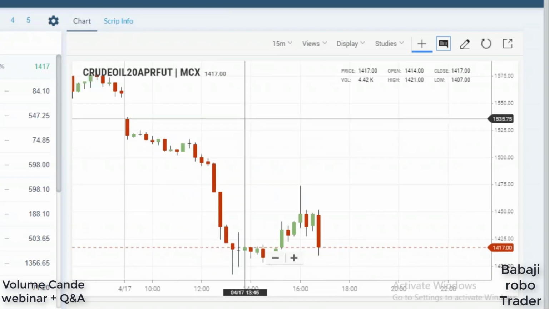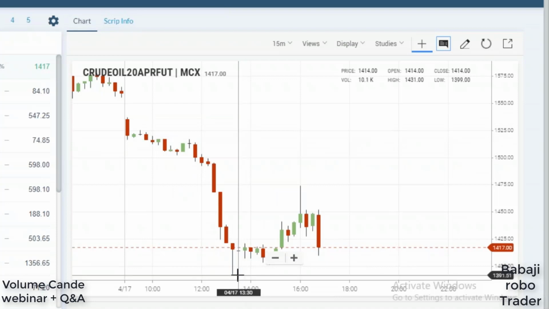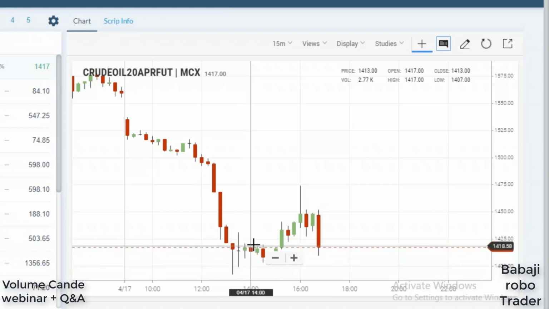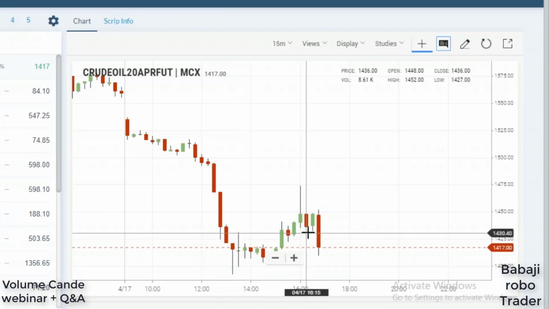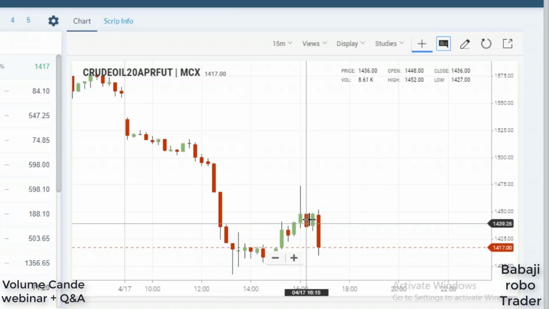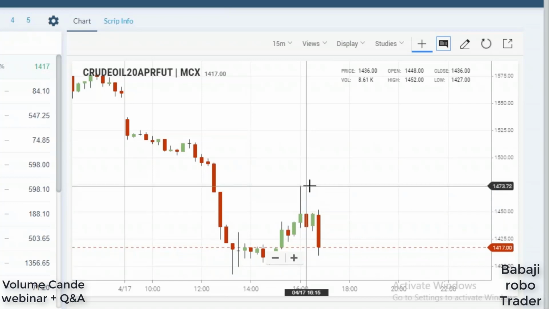So on the 15 minutes, if you see a pin bar, that means the market has huge potential to get reversed. So we take a long only when there is a high break, keeping the SL at the low of the candle. When you're going for a sell, when there is a low break, go for a sell by keeping the SL as the high of the candle. Understood? Everybody understood?